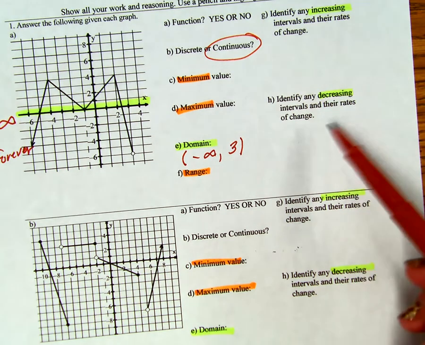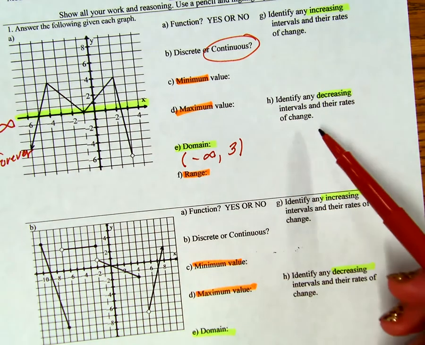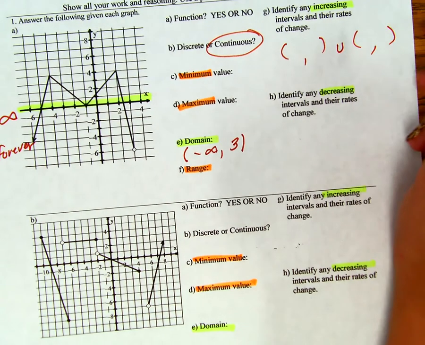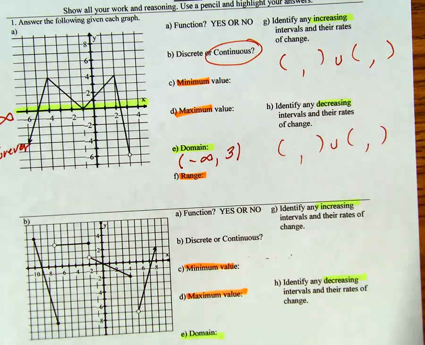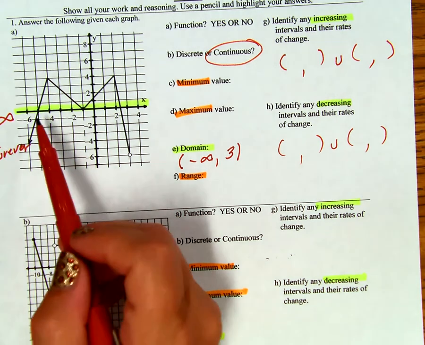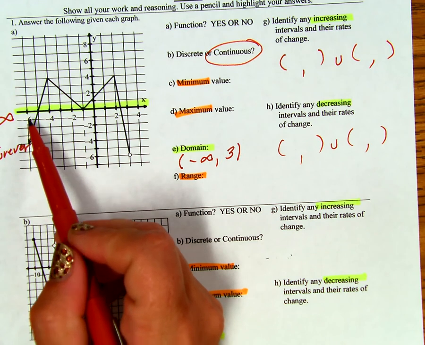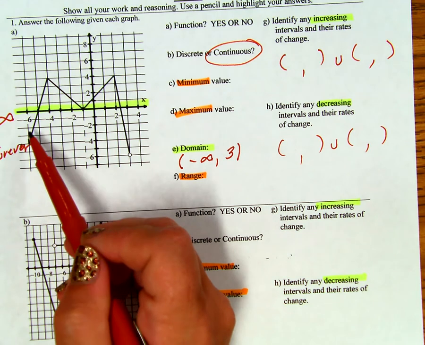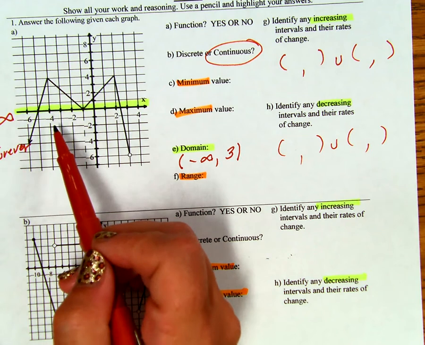Now, which of the sections are increasing and decreasing? There are 2 sections that are going up from left to right and 2 sections that are going down. We're going to use open brackets for all increasing and decreasing sections to signify what's happening in between 2 points as going up or going down from left to right. So let's look at this first section. If I was walking across this graph from left to right, I would be walking in the upward direction. So I could say that the piece of the domain that it's starting with is a piece that is going up. So from negative infinity till negative 4,